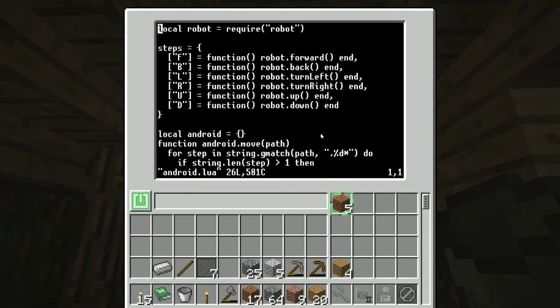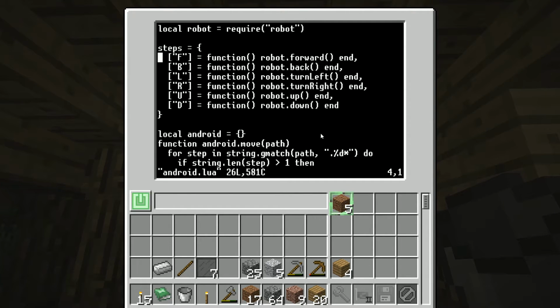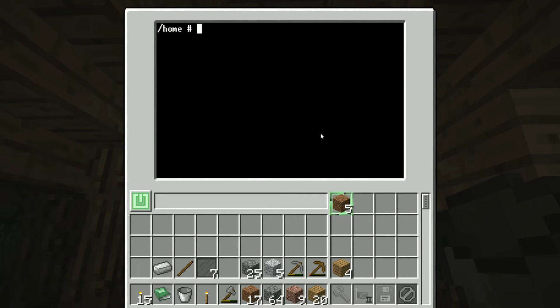And well, actually, no, before we do that, let's just look at Lua. Actually, no. Now I wonder if this will work. Now that we're requiring the robot, I think we can probably just do this. Maybe. I want to see if that'll work. Let's save and close, and then let's say